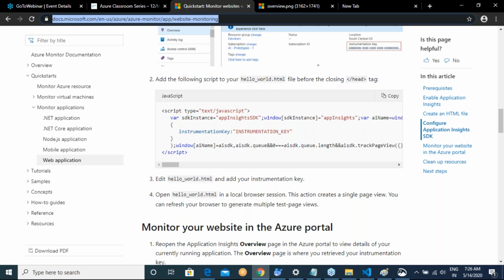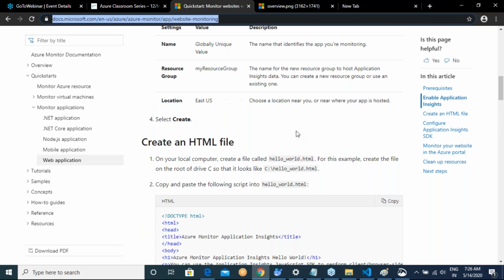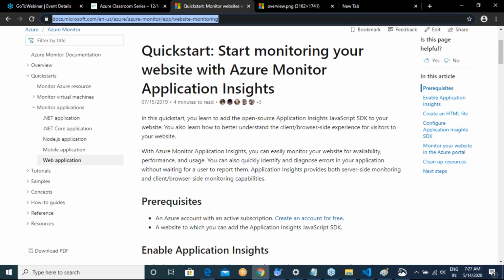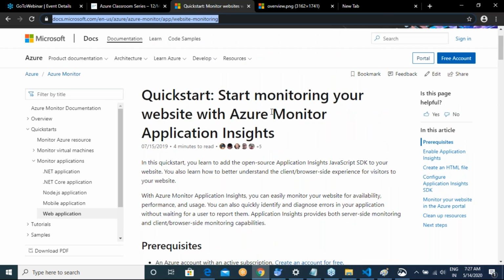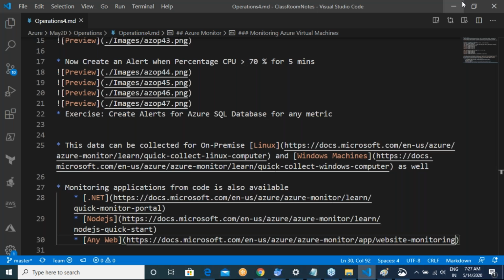Whenever your code is running and your customers are using your application, you are collecting metrics. You are collecting the data from your applications directly from code. This is the activity which will help your dev teams, but the whole idea is your dev team should have already done it. You don't do this as an administrator, but as a developer you will do this. As an architect you will suggest this. That's the basic idea of this whole stuff.